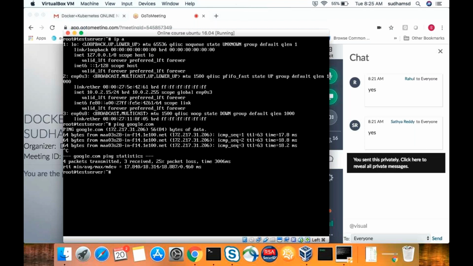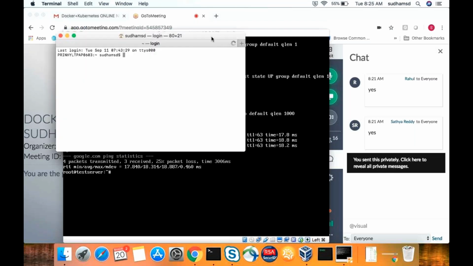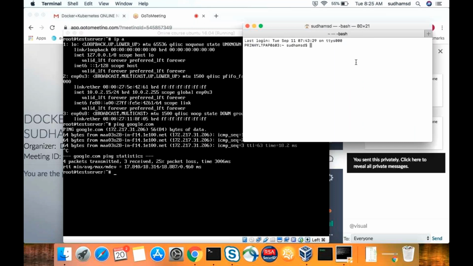Now let us try to log into this server from outside, from my Mac operating system to the Linux virtual machine, which is running on the same host. So if I give SSH, what is the username? Let us give testuser, testuser at 10.0.2.15 is the IP address.